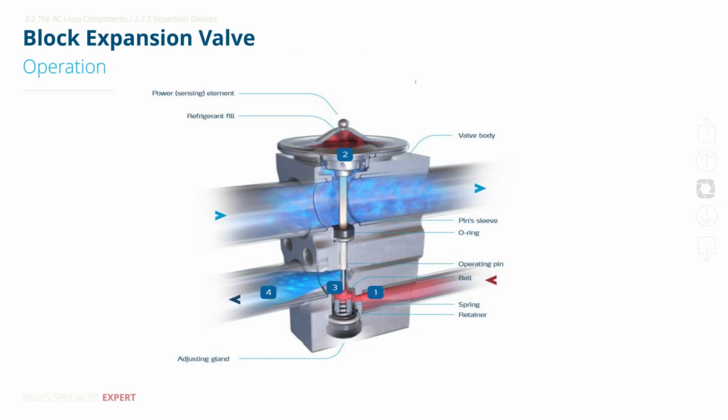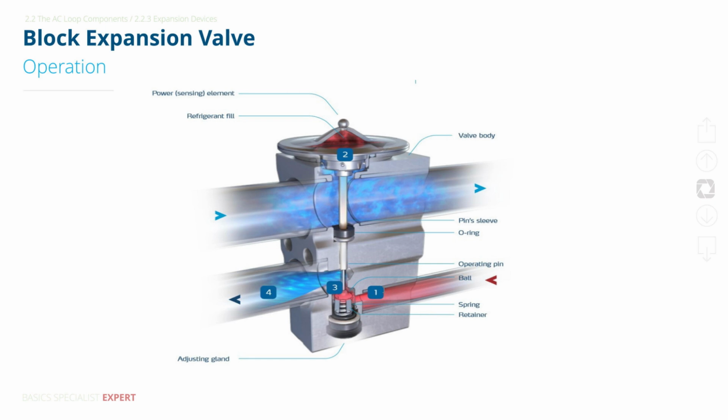The expansion valve regulates refrigerant flow using opposing pressures. As refrigerant leaves the evaporator, it warms the sensing element, causing the diaphragm's fluid to expand and lift the pin, opening the valve. Meanwhile, outlet pressure and the spring push back, creating a balance that meters the right amount of